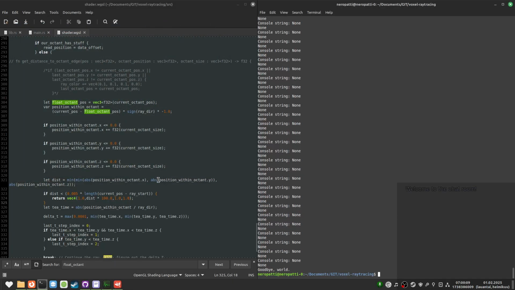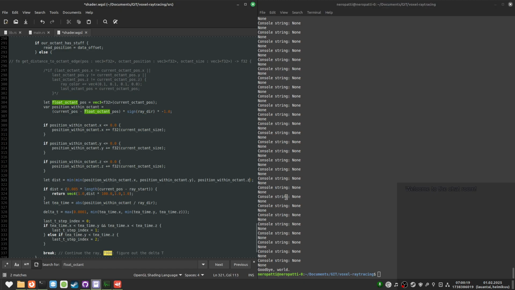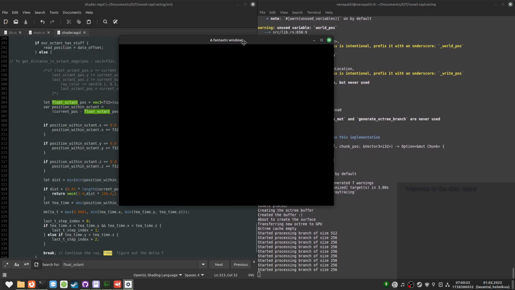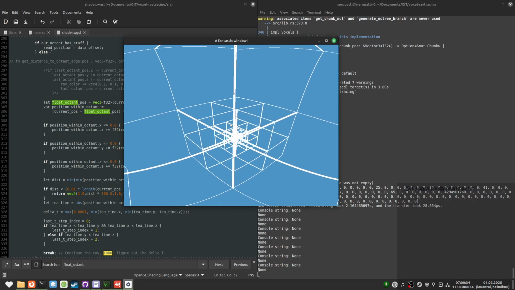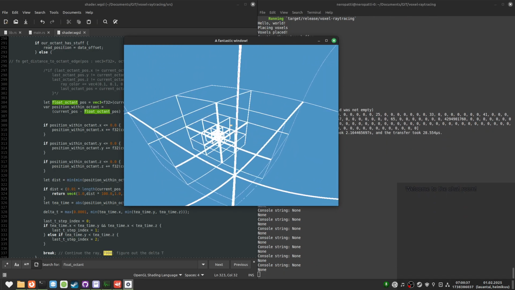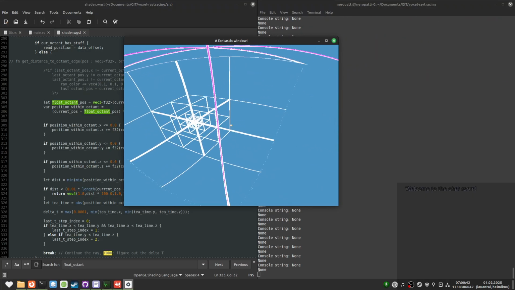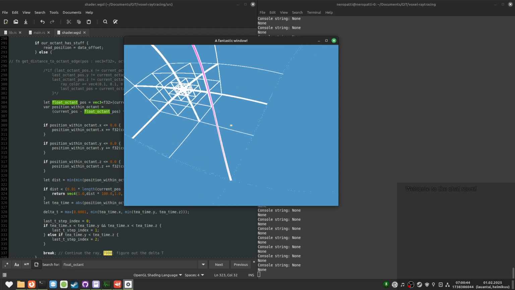Well, whatever. I'll remove the abs calls from here. That's better. And then we'll do like 0.01 here. I think that's a fine number. Like this line is thicker than this line.